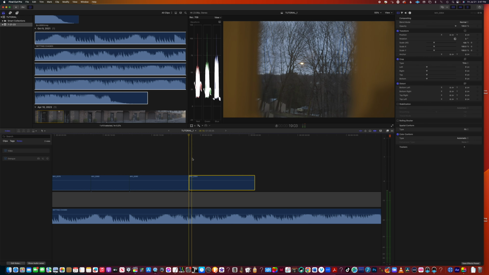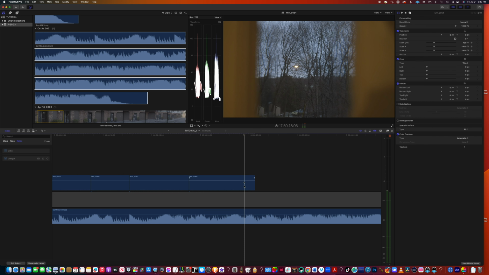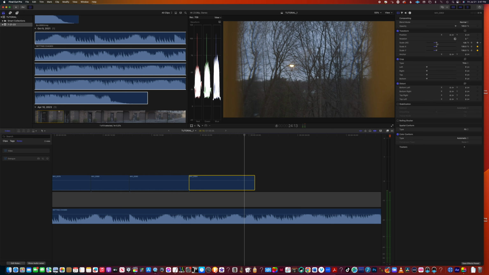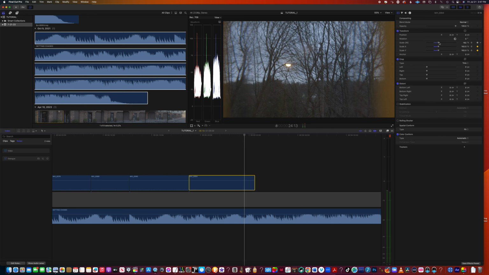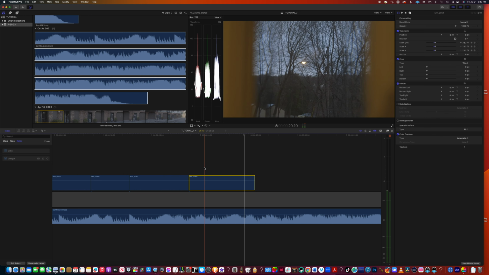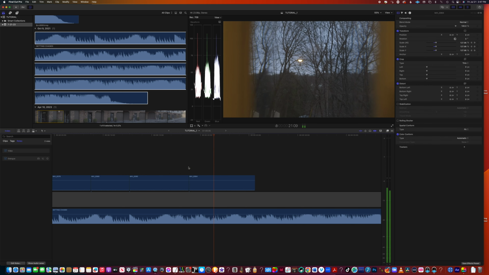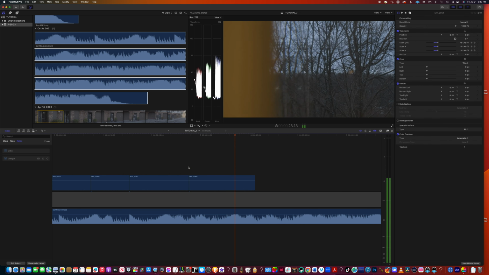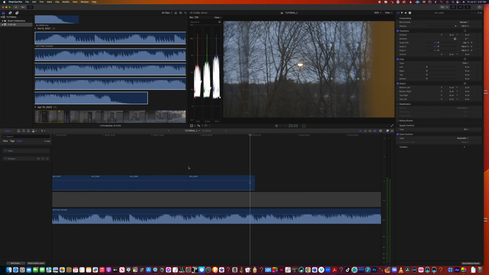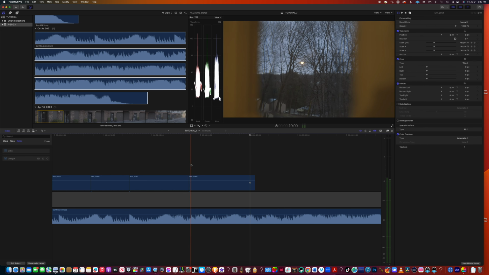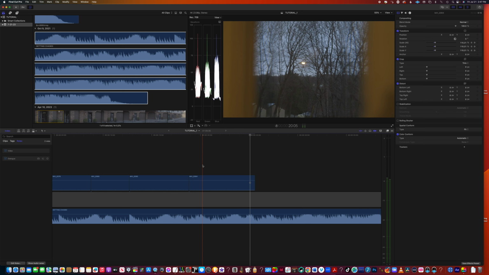Okay? Then you go ahead in the clip, and then you change whatever parameter you want to change. You want to zoom in, and then you go back to the beginning. It actually looks like you're really zooming in there. And then if you want to further